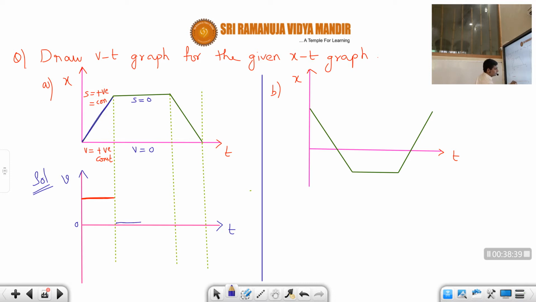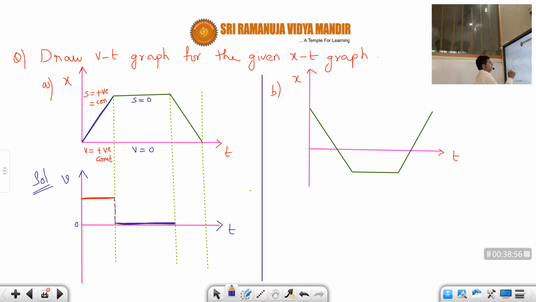So velocity is 0 means like this. This is called as 0. So that means it just lies here. I am just drawing above, but this is the shape of the graph. That means suddenly it will become like this. Okay, first red color, then it becomes blue color because velocity is 0.